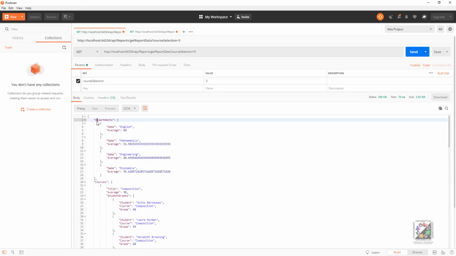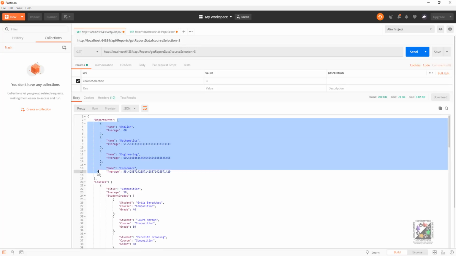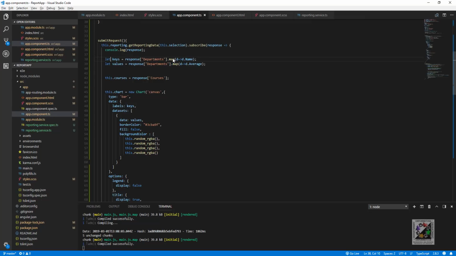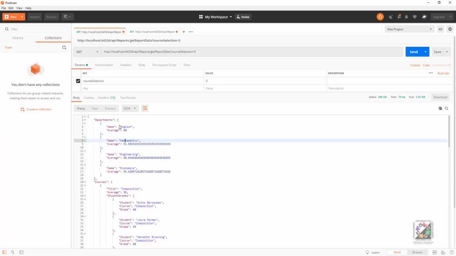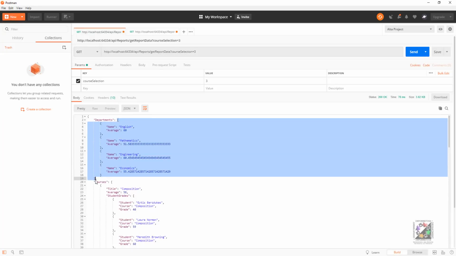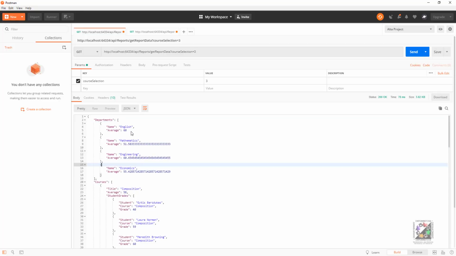we take this property, the array that came back there, and what do we do with that? Well, we use this method called map. Then we say dot map the name of that array. Instead of taking the whole array, we essentially want an array of names to be displaying on the x-axis. So the x-axis should be an array of English, mathematics, engineering, and economics. This array isn't appropriate because it's got two values. So what map does is essentially